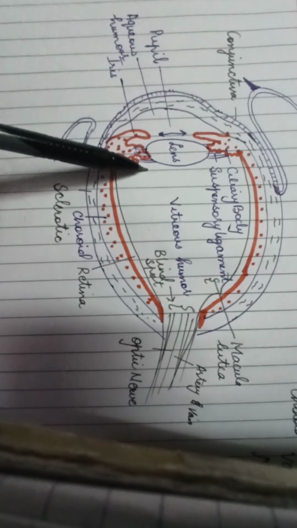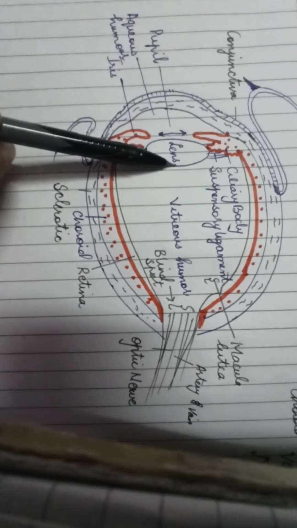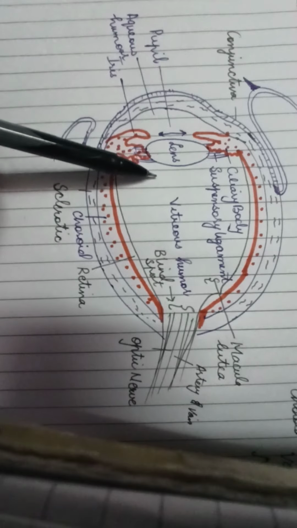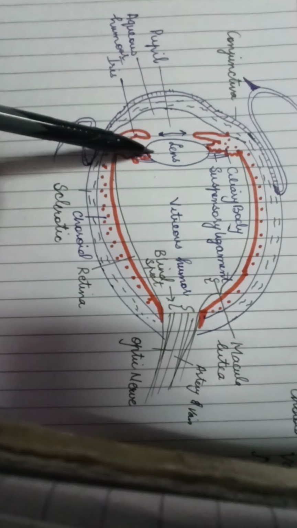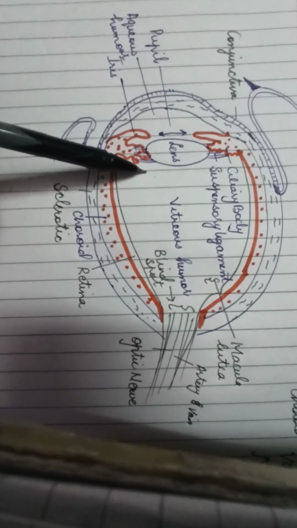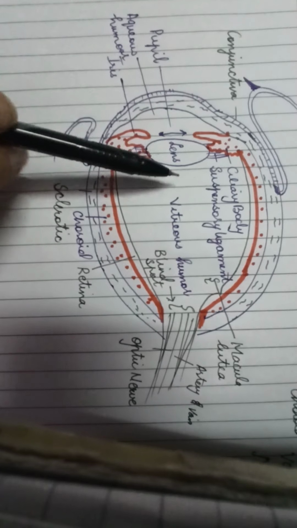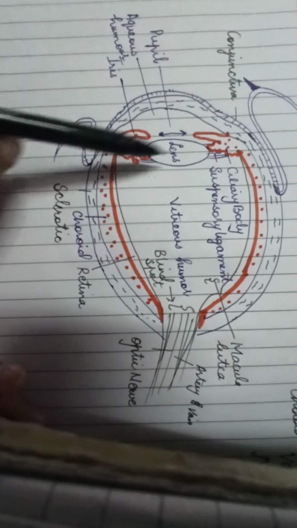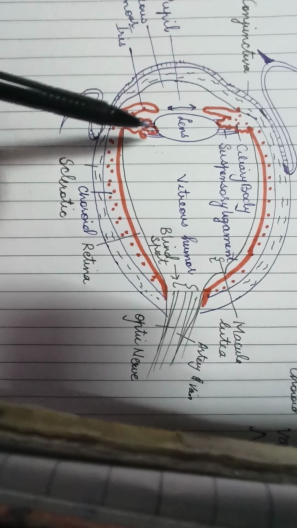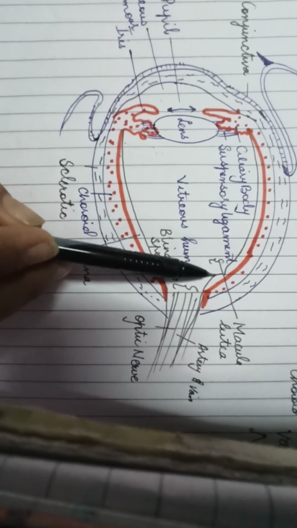And there is a lens. This is an elastic body called the lens, just behind the iris, and it has a transparent, thin, elastic membrane called the lens capsule. It is biconvex, and it is held in place by a firm, elastic ring-like structure called the suspensory ligaments. So the lens provides a fine focus of light onto the retina.